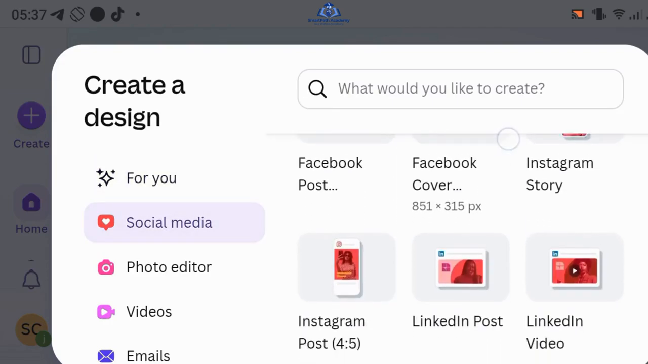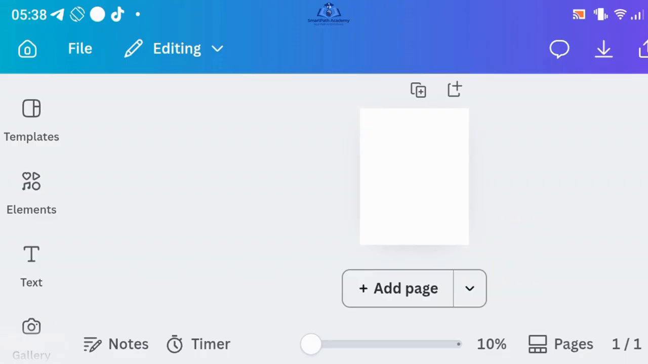And then I'll go to Instagram 4 to 5. All right, so that's what you have. So we have our